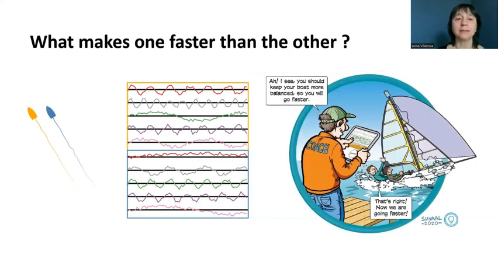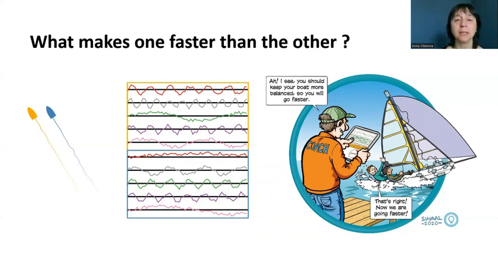Then the coaches look at these line graphs and try to identify what are the characteristics that make one boat, for example, reach the goal faster than another, and what were the handlings that allowed that. That's the goal of looking at the data, and the coach also wants to be able to evaluate what instructions to give to the sailor to improve their